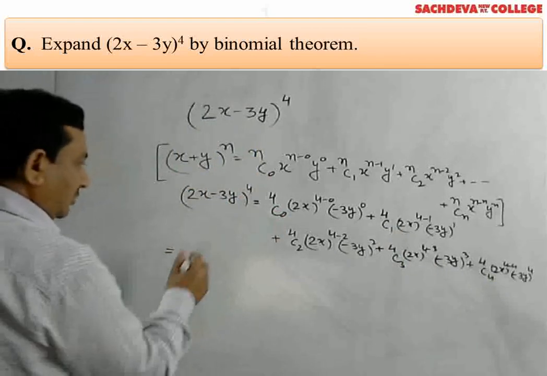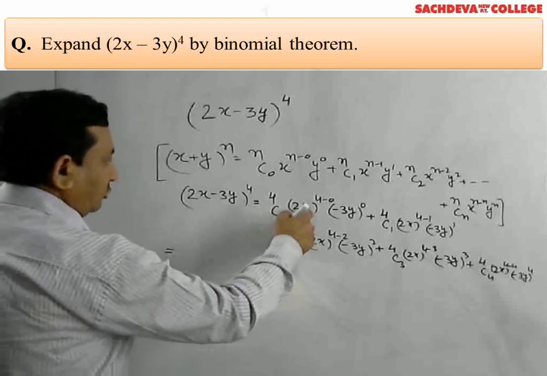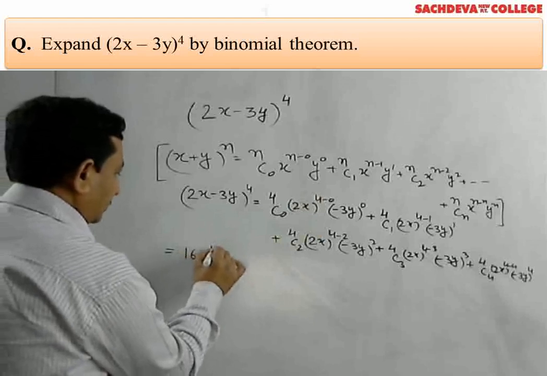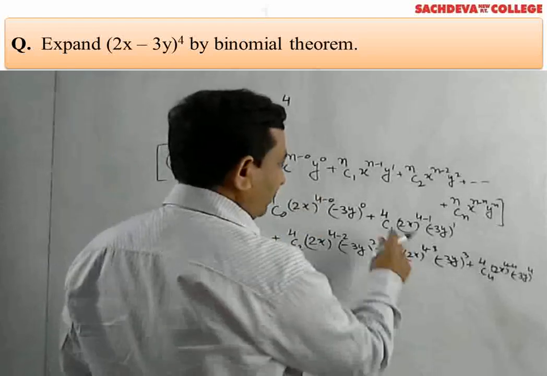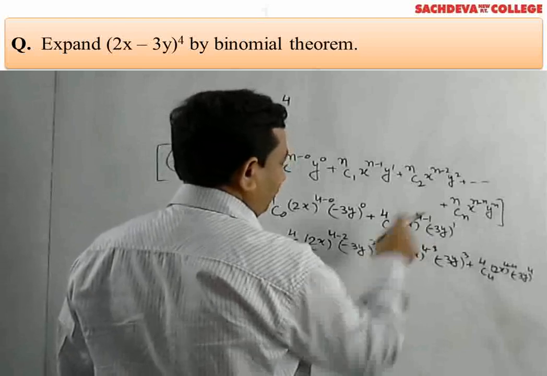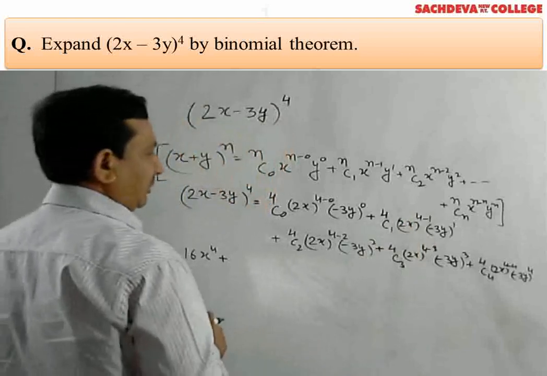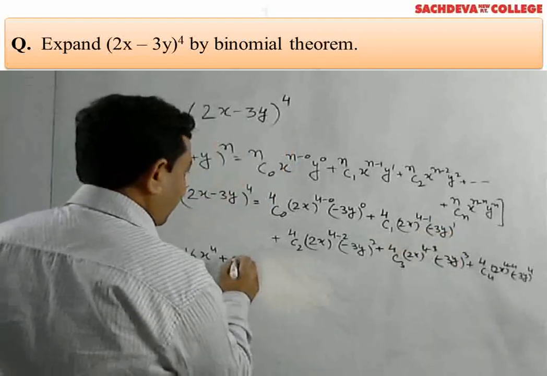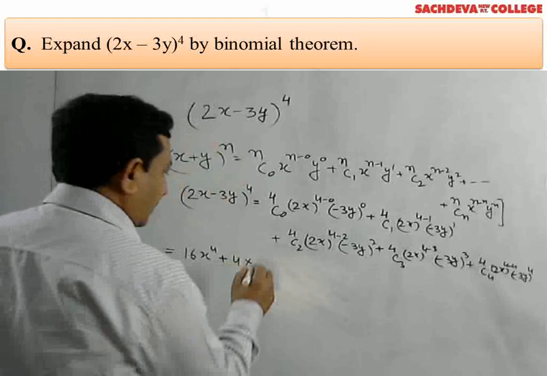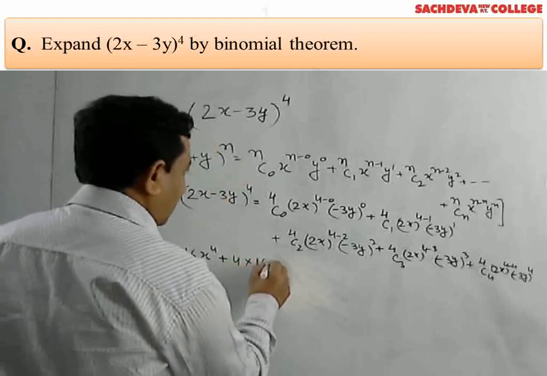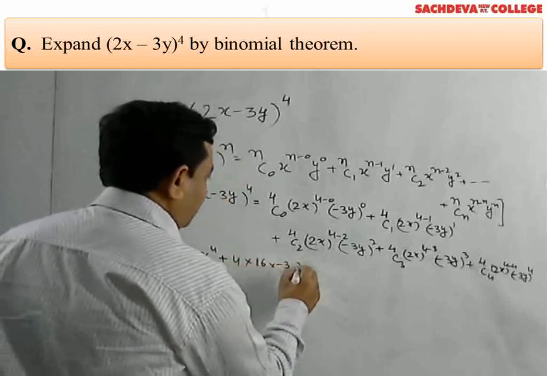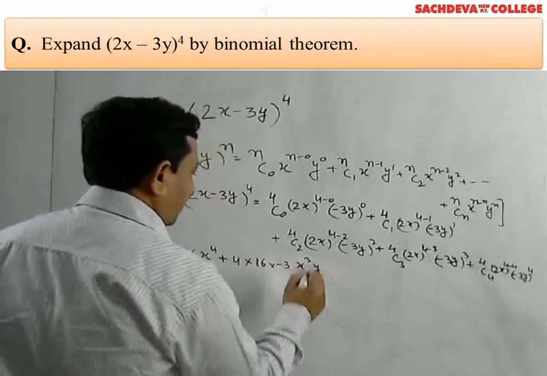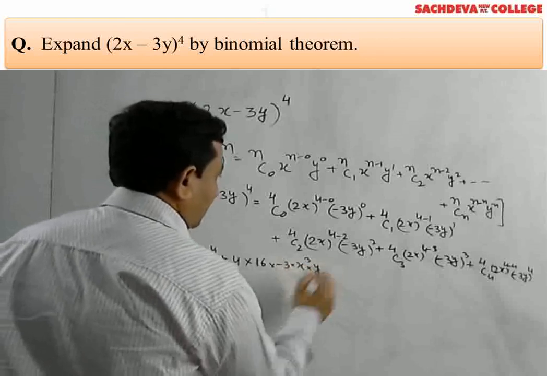4C0 is 1, so we find (2x) to the power 4 is equal to 16 x to the power 4, plus 4C1 is 4 and (2x) to the power 4 is 16x to the power 4 into minus 3y. It means 4 into 16 into minus 3 into x to the power 3 into y. Plus